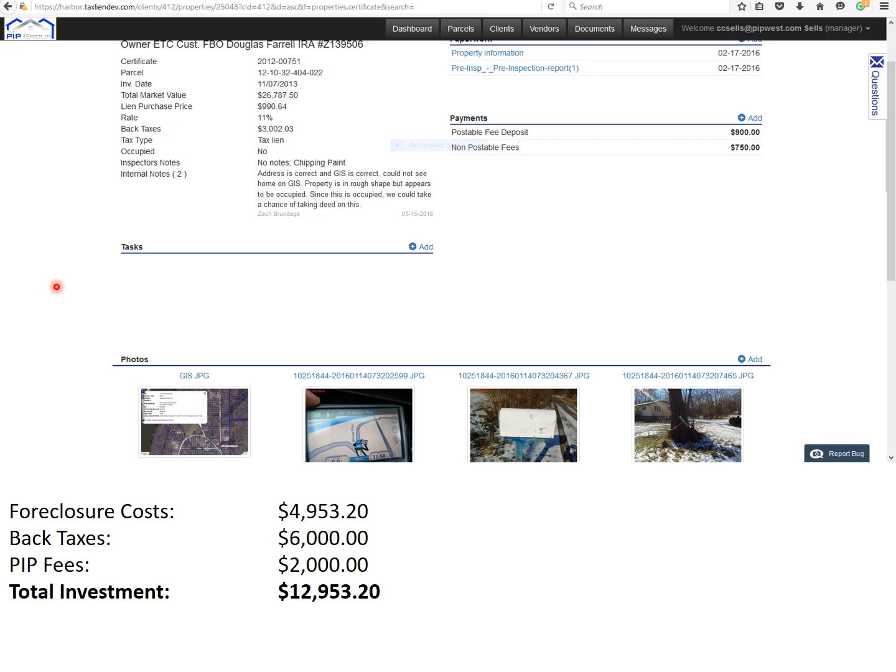Now, when you look at the description of this property or you look at the pictures, you say, hey, it's going to need a lot of work. It's occupied. I'm going to have to deal with eviction. We're going to have to go down all those dirty roads. I live in South Carolina. I don't want to do that. And that's the wrong way of looking at things. First of all, that's why you hired PIP in the first place, is to handle the dirty work for you. Secondly, this is a cash flowing property. As soon as you take the deed to it, it's already going to be cash flowed. The occupant is likely not.